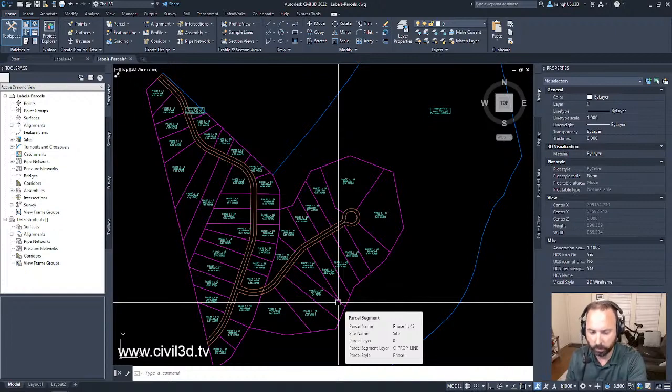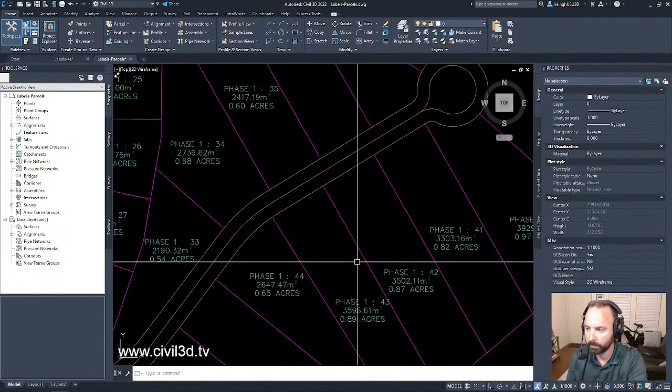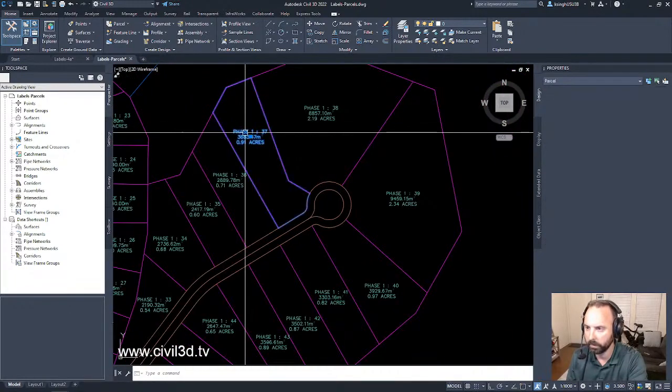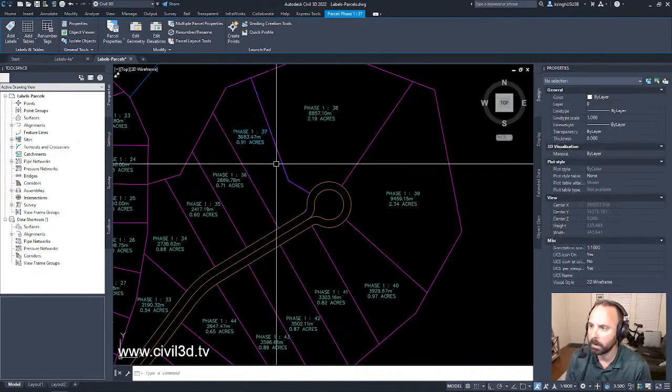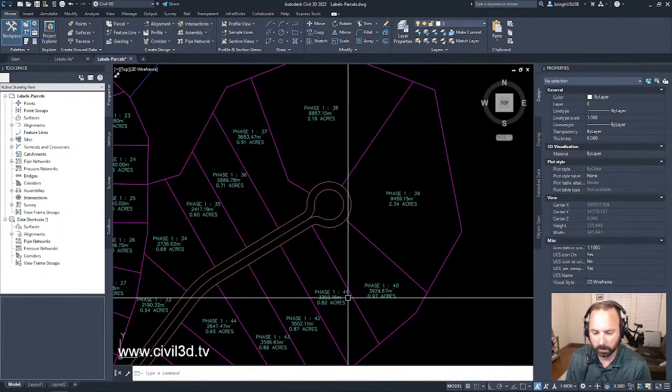What we're going to do is apply a simpler area label style to parcels 37 through 41. Where's 37 through 41? Okay, here we go. Here's 37, 38, 39, 40, 41. So all of these, we're going to apply a simpler area label style and then create a table that will display the detailed parcel